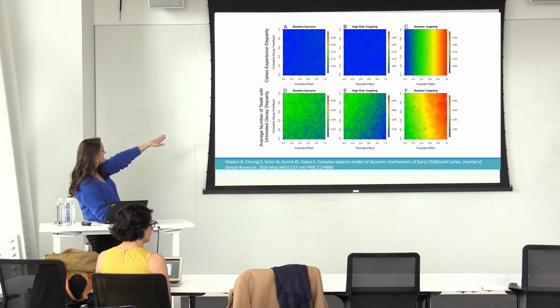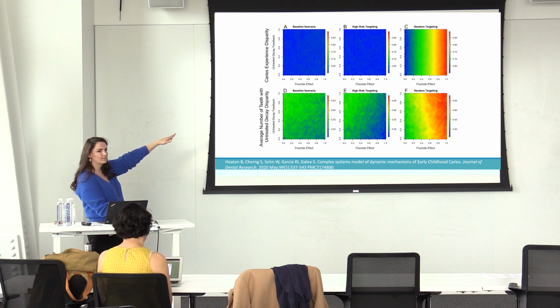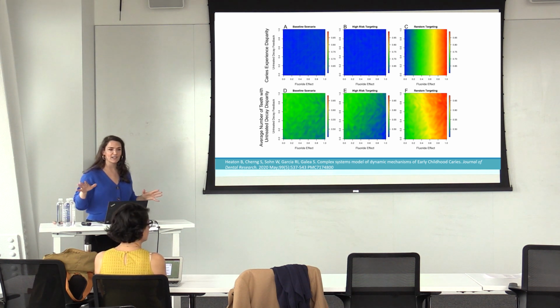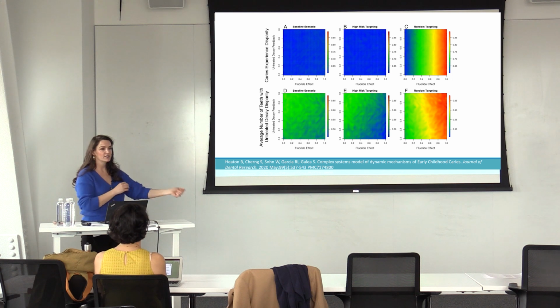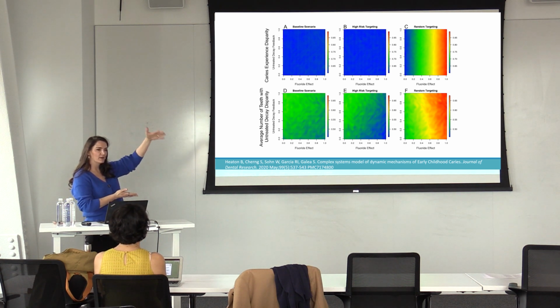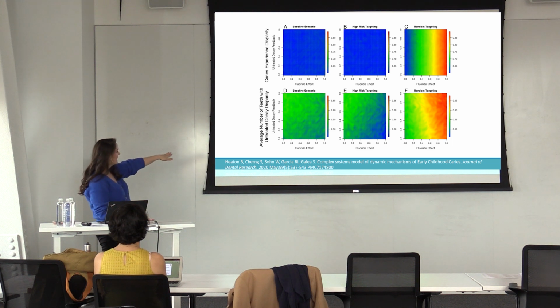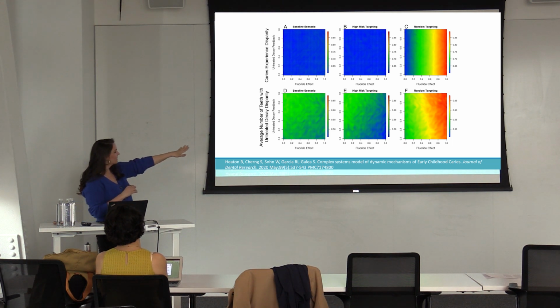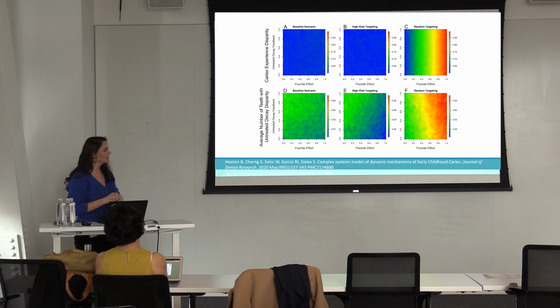So if you look at caries experience, which is the top set of panels, when you target high-risk kids only, you see no impact on population disparities. You're not actually preventing them from ever getting a cavity. And when you increase access to everybody, you actually increase disparities. So your disparities, the gap between those who are high risk and low risk is much higher. And if you look at the burden of decay, so the average number of teeth that are untreated, with the baseline, you get a little bit of improvement with high-risk targeting.